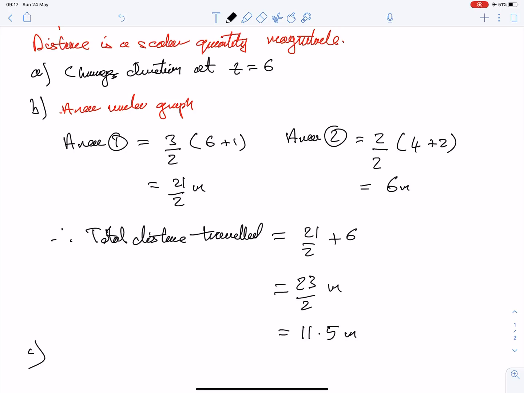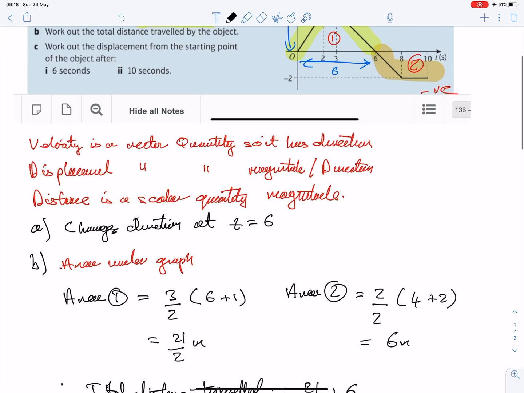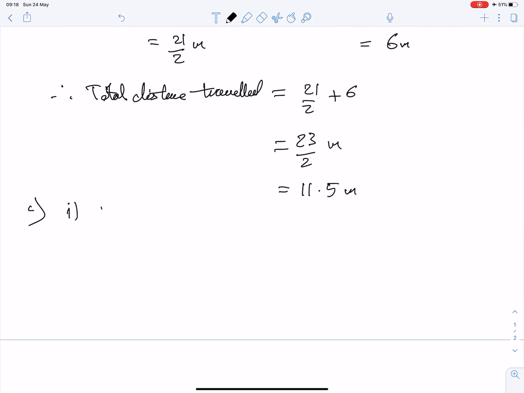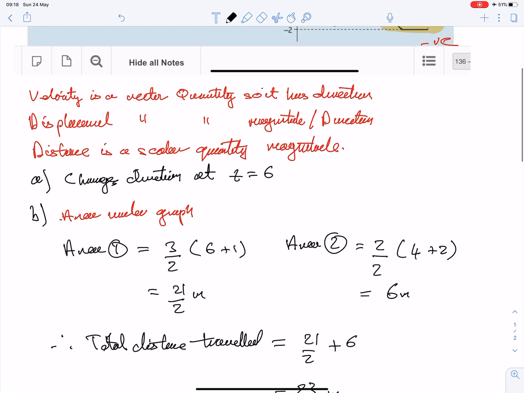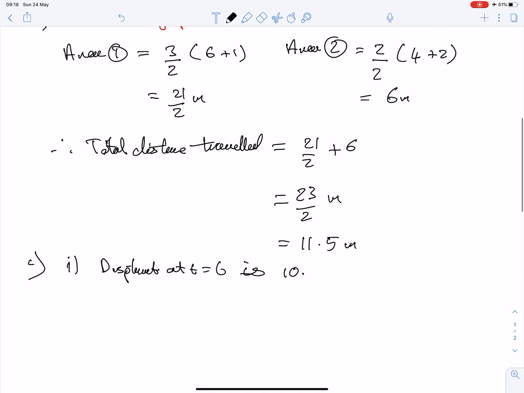Part C. Work out the displacement from the starting point of the object after 6 seconds. Okay, well, we've already done that. Part 1, displacement at t equals 6 is, that's area 1, which is 21 over 2, or 10.5